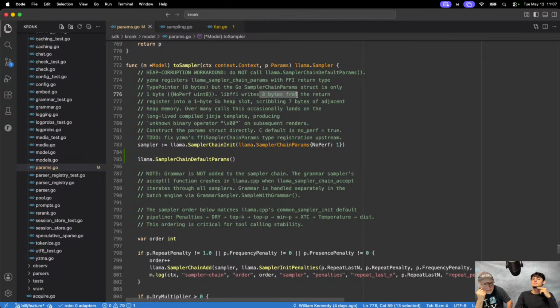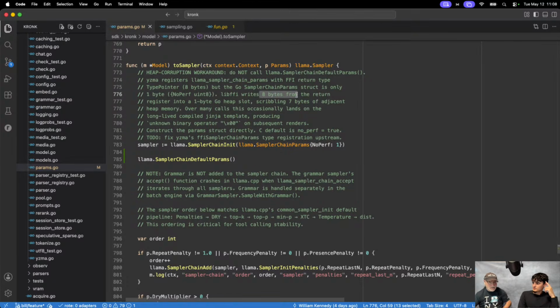Now, after many, and I mean many iterations, those 7 bytes were landing where we had the pre-compiled Jinja template in memory. Yes. Now, these 7 bytes were being written over and over and over again. But for most of them, the 7 bytes that we were overriding were irrelevant. It could have been memory that we weren't using somewhere, or even if we were, it wasn't affecting the call path.